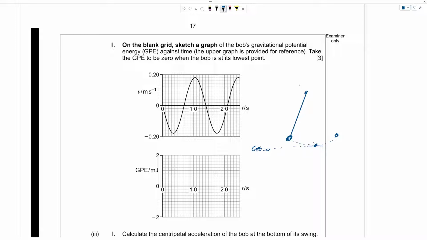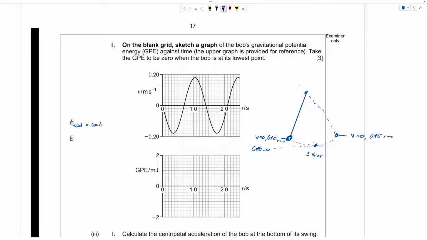This is also the point where it is fastest, and it could be going in either direction at top speed. And then over here, this is V equals 0, but GPE max. And over here, this is V equals 0, but GPE max. So anytime velocity is 0, the GPE will be a maximum. If we think about the total energy in our system is constant, so I'll just write that over here. E total is a constant,